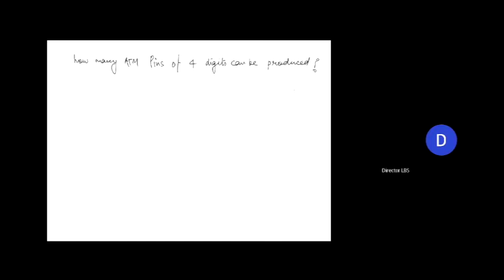Is it clear now? Yes, just a minute. Okay, I'll improve the question. Pooja has made a valid point.